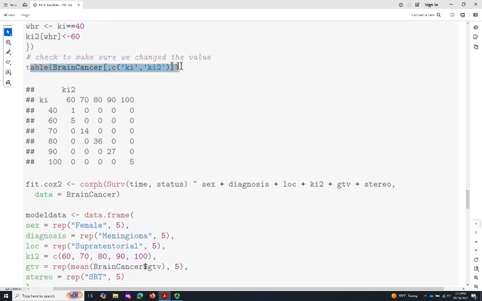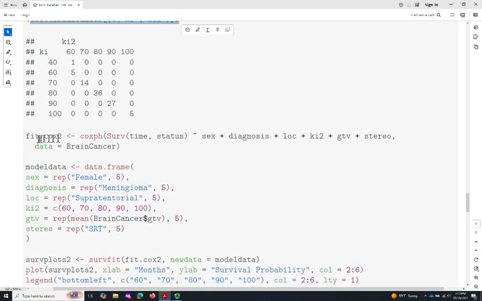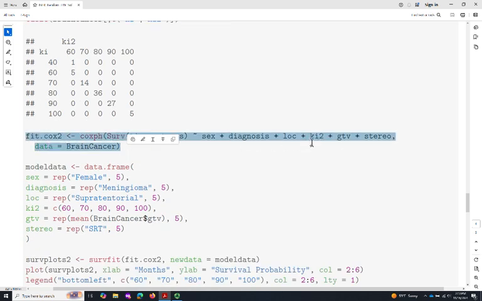Now it's always good to check to see if your values did get coded as you think, and notice that the 70s are the same, the 80s, the 90s, the 100s, and the Ki 40 was coded to 60. The 60s of course stayed 60. So we fit a new model using Ki2,